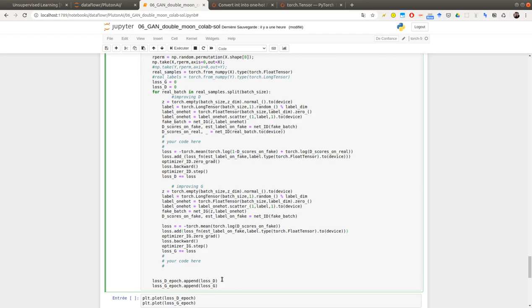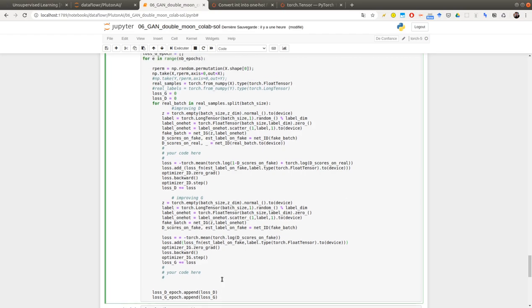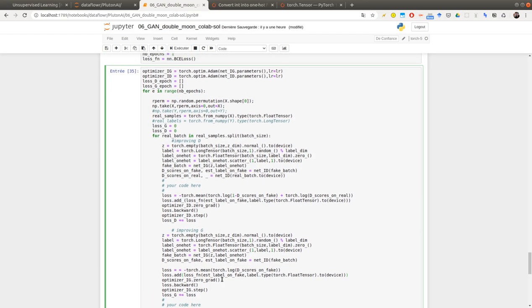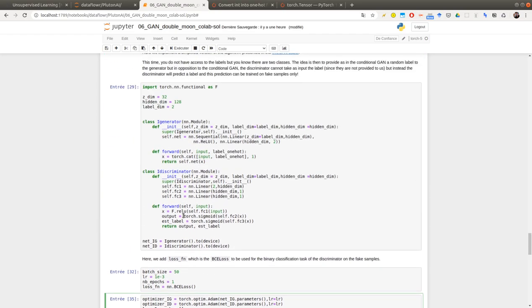But indeed, here you see that the generator is taking as input Gaussian noise and the label and producing a point in the 2D space. The discriminator is taking a point in the 2D space and trying to predict whether it's fake or real. So on this task, it's competing with the generator.